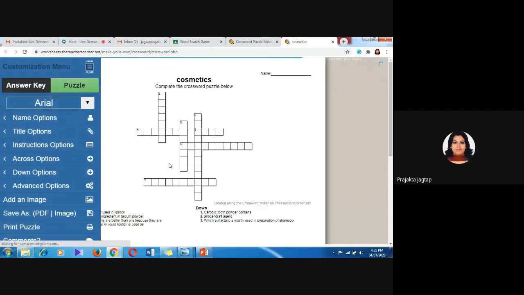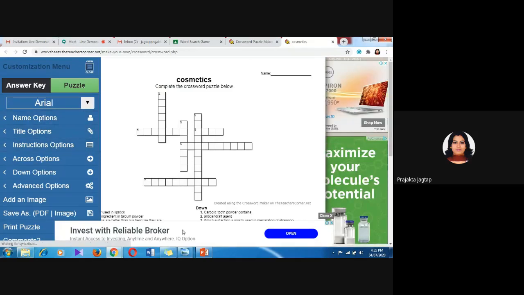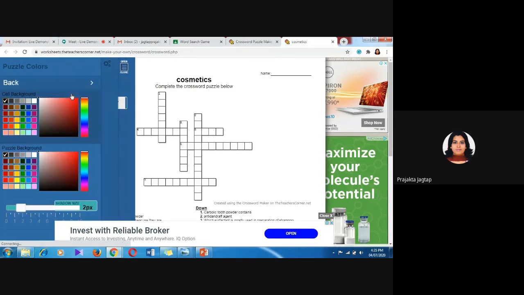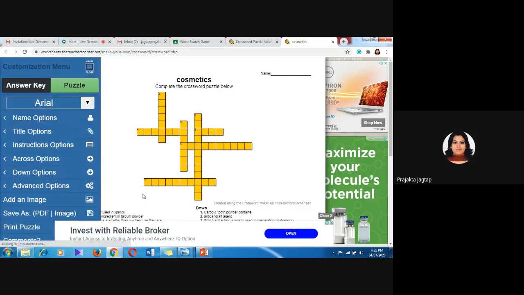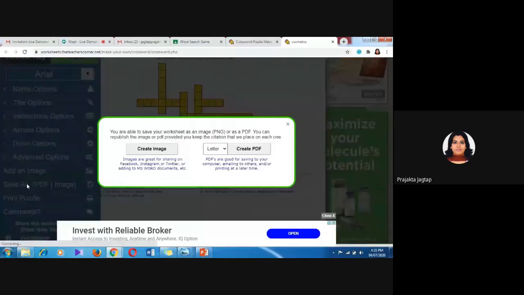Here from the left side corner, you can format this generated puzzle by clicking on the advanced options. Here you can use different colors and make the sheet more attractive. After that, here is the option that is save as. It provides two options, create image or create PDF.